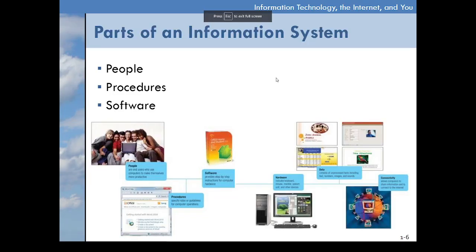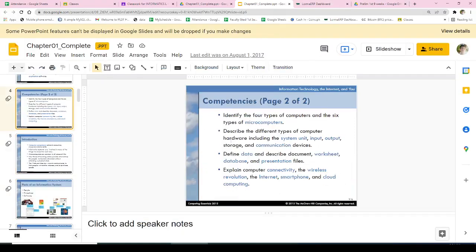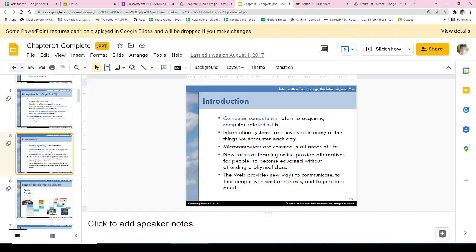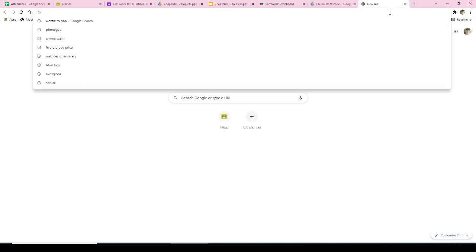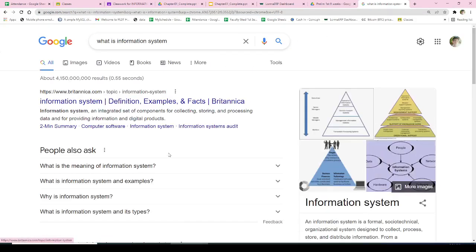Slideshow pala. Ayan. So, parts of information system, we have the people, procedure, and then we have the software. So, by the way, what is information system? Inanap ko yung definition niya sa module ko. Anyway, what is information system? Ano ba ang information system? So,